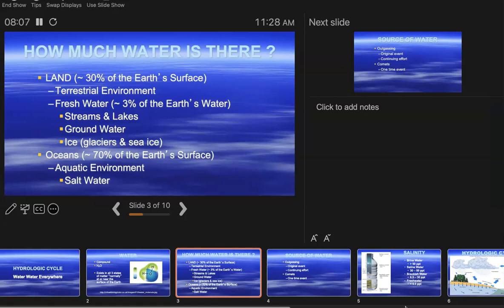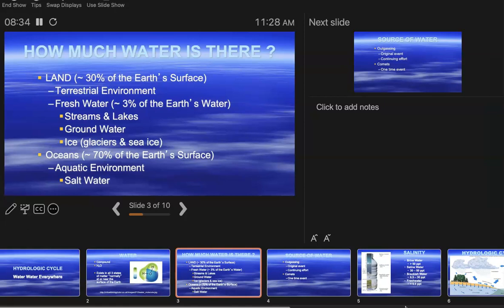We certainly could if we had to, and there's certainly a lot of money to be made if we figure out a great way to mass desalinize large amounts of water. So this fresh water is tied up in the streams and lakes. That's what we call surface water. And it's tied up in water in the ground, which we conveniently call groundwater. And it's tied up in ice.